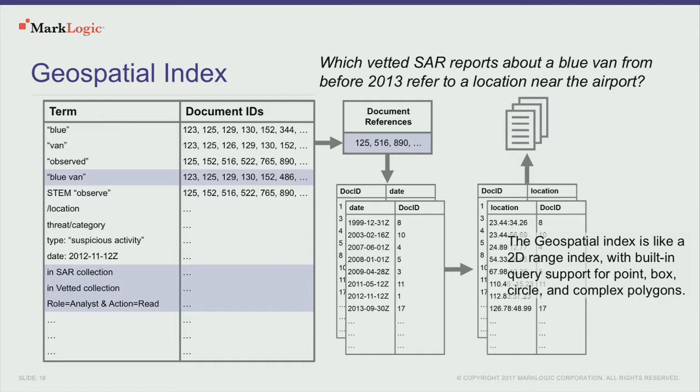So the important part here is that these are all composable. So you see we've got a full text search, we've got a date range, and we've got a geospatial query in the same query itself. And so this really simplifies the work for developers. The developers don't have to think about how all of these indexes resolve together. You write a query, and the language will optimize that away for you, or the engine will optimize that away for you.